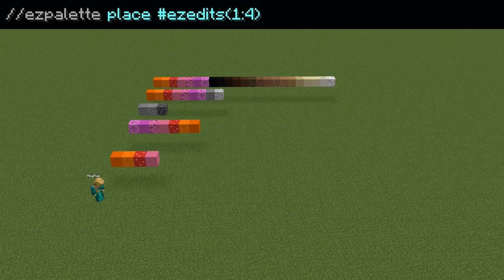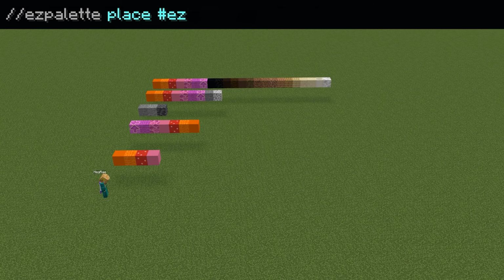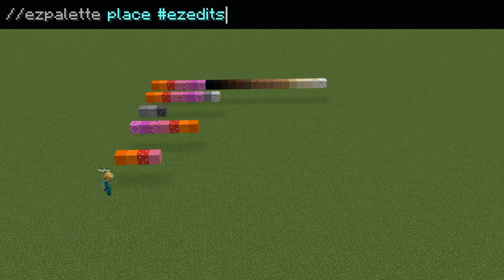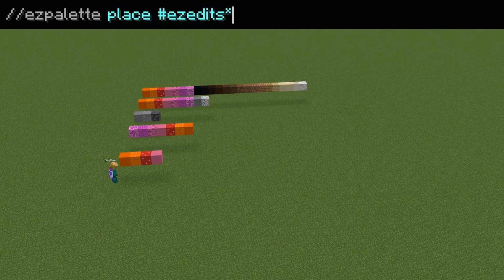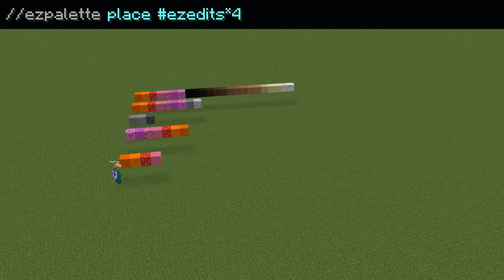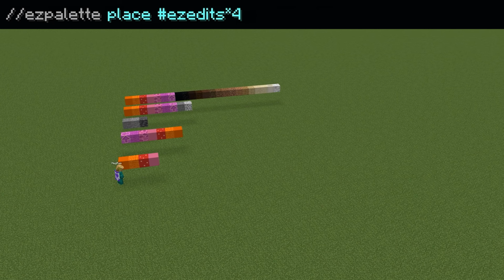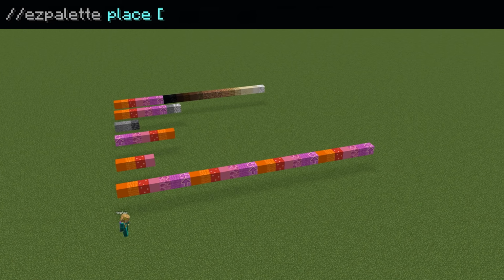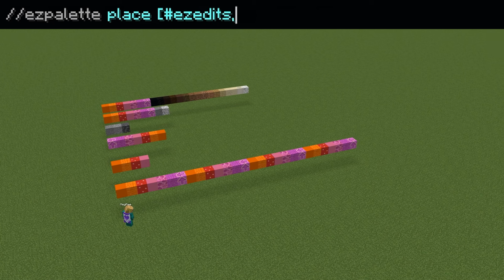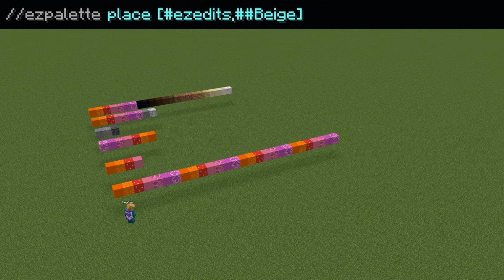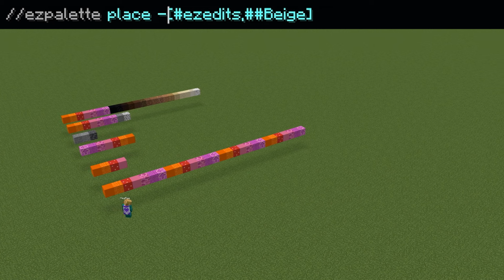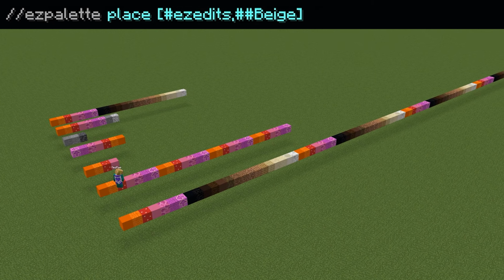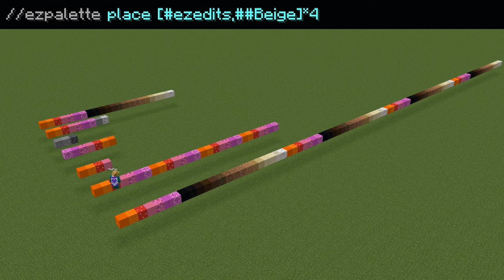and have the start and end block of the palette that you want placed separated by a colon. If you would like to place a block or palette multiple times all at once, then you can multiply it by adding an asterisk and then the number of times you would like it to repeat for the command you're using. You can also group these in brackets if you want to apply one of the modifiers to the whole group. So if I wanted to invert both of them, then I would put them in a group of brackets. If I wanted to multiply both of them together, then I would put them in brackets and add the asterisk